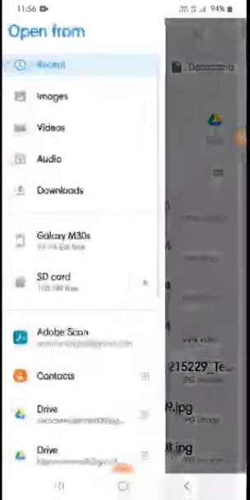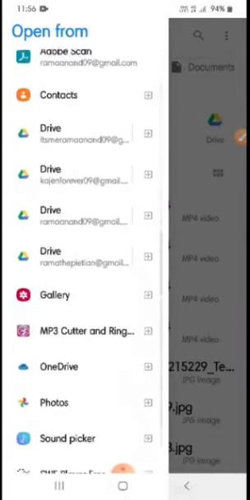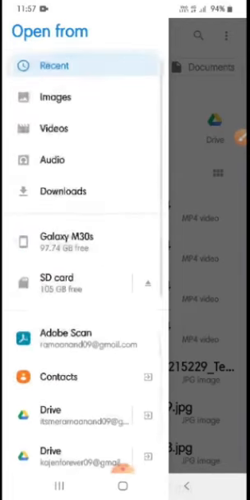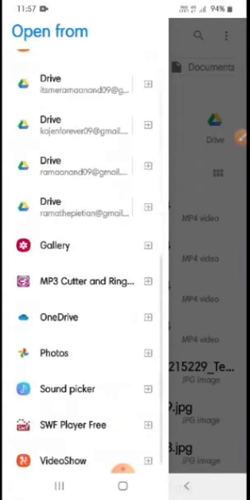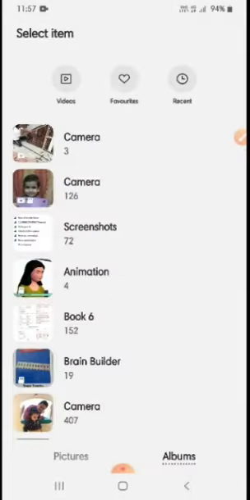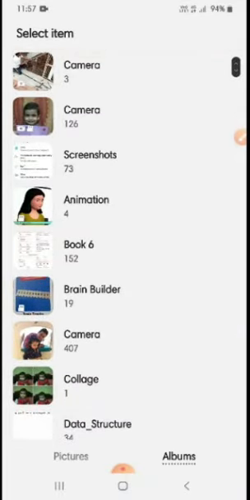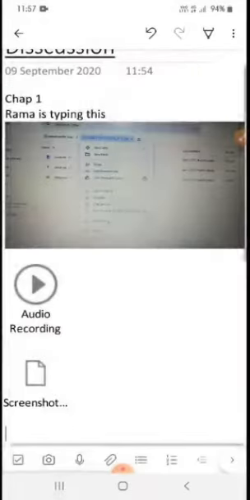When I click on that attachment icon, this is how your phone will open, and click on recent, and from here you can open your gallery. Or you have various options. I'm just moving to the gallery, and you can upload any picture of your choice.